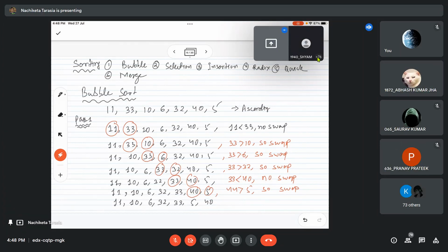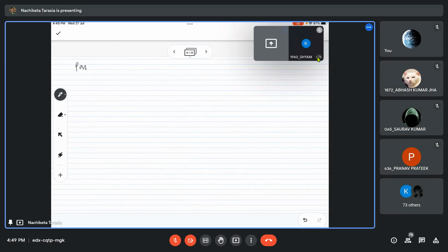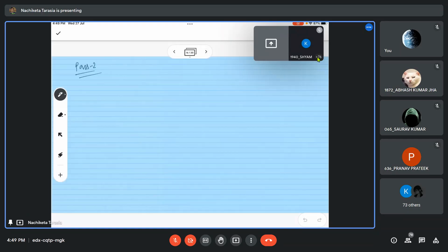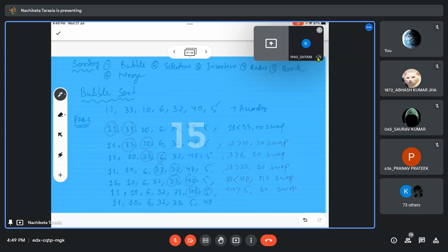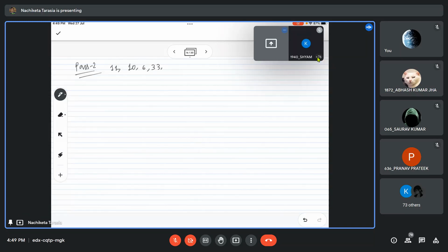So here now I'll go to pass 2. Let me write it: 11, 10, 6, 32, 33, 5, 40. Okay, but I'm going to put a bar here. Why am I putting a bar here? Because now I will do the same thing again, that is nothing but